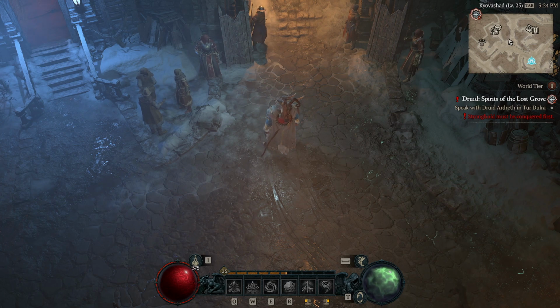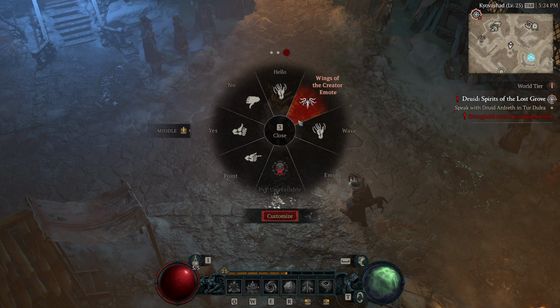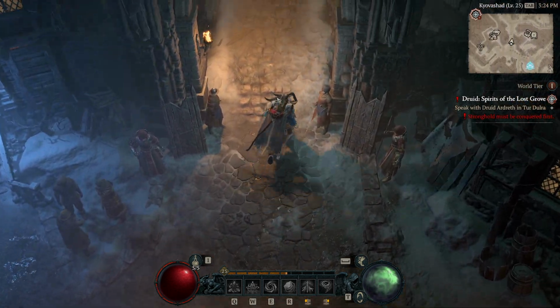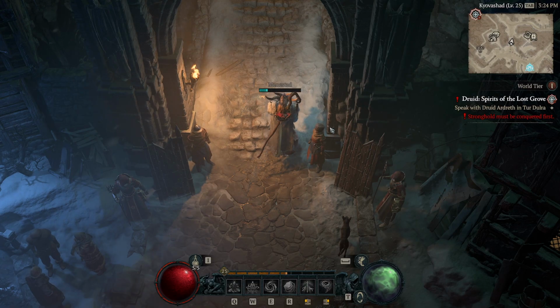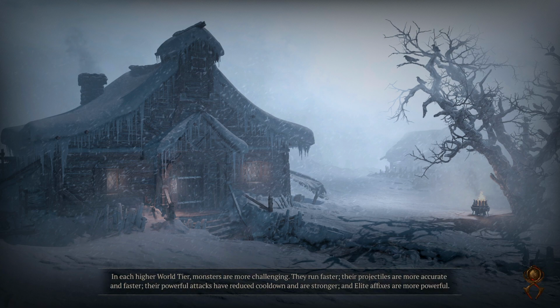If you use the wheel here, the default is E. I've changed mine to something else. You can quick leave these dungeons if you didn't already know that. Hopefully you did. And now I'm just going to start heading to the next area. I think that's pretty much everything I wanted to hit,